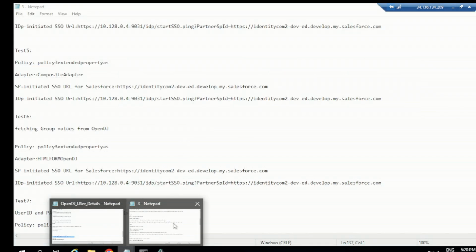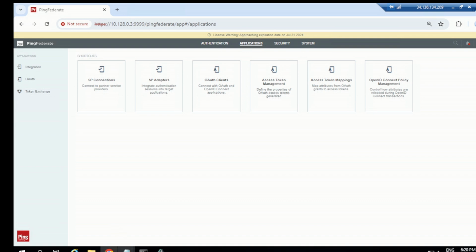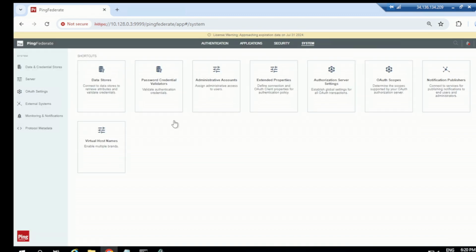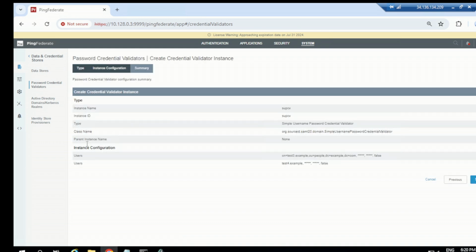And also I made one change, I'll show you. Where is the PingFederate? Yeah, so in the PCB section I just updated test.3 as the user DN, as it is basically created in our OpenDJ. Okay, so this is the value, basically the ping OpenDJ directory server, from that HTML form OpenDJ. This value is going to be sent to our SUPCB, and then SUPCB will get the authentication done, and then the token generation will happen. Okay,